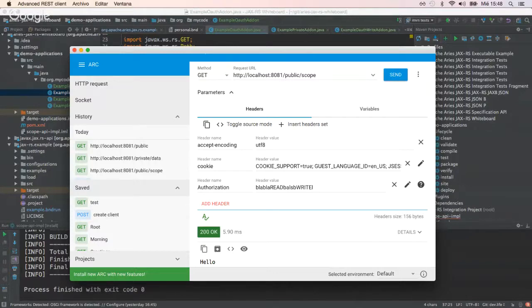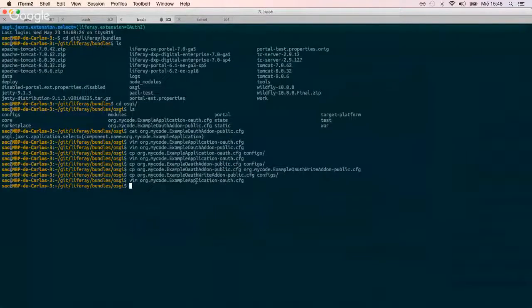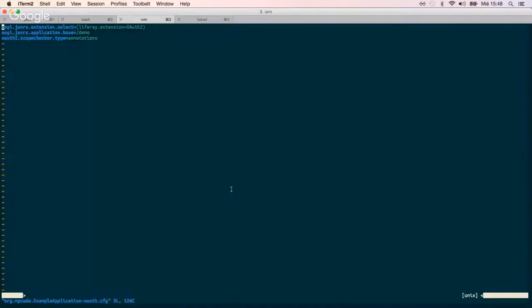So I have deployed our application before into Liferay, and I have used this configuration that you can see here. So it's going to be OSGi, my code, sample application OAuth. It's going to request for Liferay extension OAuth 2, it's going to be deployed under demo, and it says that the scope checker that it's going to use is annotation. So it's going to behave like with the annotations that we have